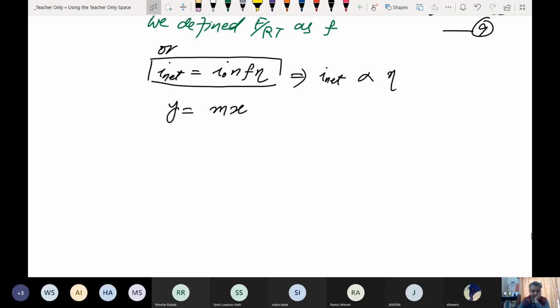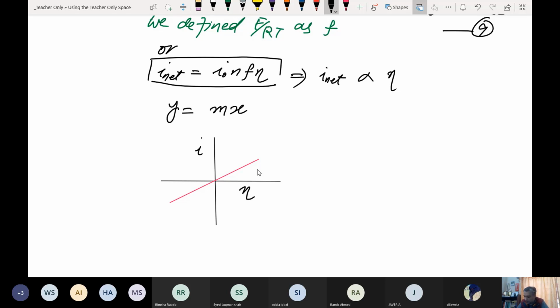I also plotted that in the class, but if possible, I will just plot it again. Okay, so we can plot it. Let us imagine that this line is passing over here, and we have plotted current versus overpotential. If we plot current versus overpotential using this equation, then what we see is that this line is passing through the origin.